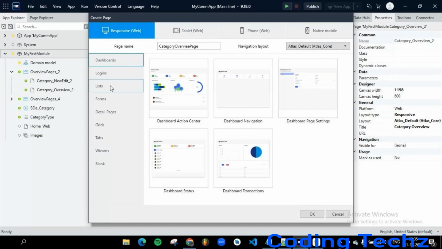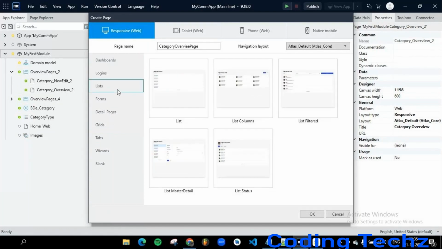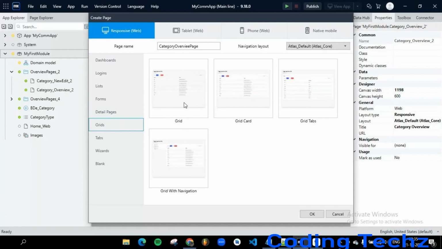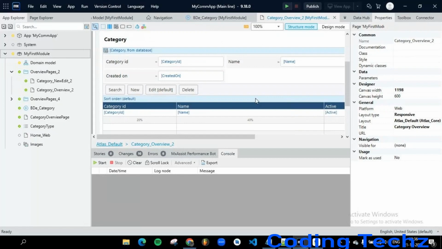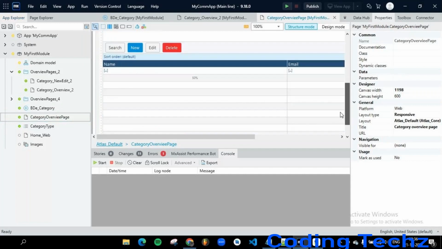So in this, we will go with the grid, normal grid. Okay, we have selected the grid template and we have selected the navigation layout as Atlas default. We have given the page name. We are creating this for the responsive layout, responsive web. Okay, here category overview page has been generated